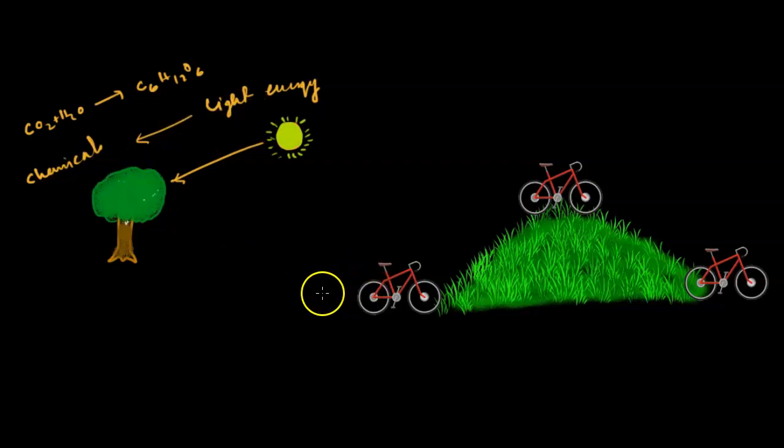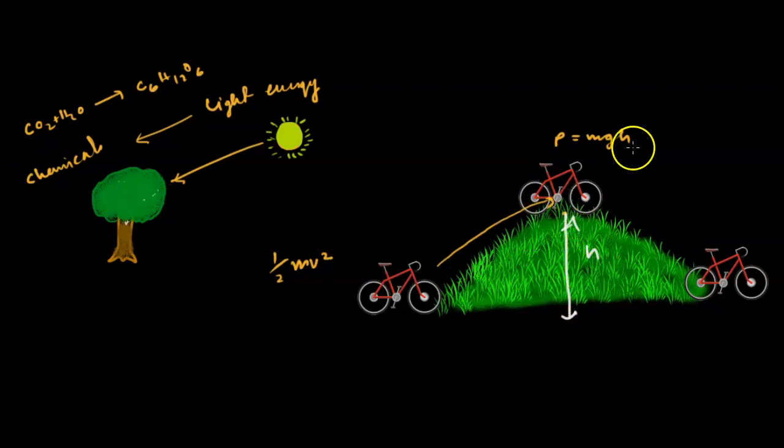The same happens with this cycle. Suppose this cycle is moving with a very high velocity so that it can reach the maximum height on the mountain. It has kinetic energy, and it will move and slowly reach the peak. After that, it will contain potential energy, which is mgh, where h is the height of the cycle from the ground. Now you don't need to paddle, because it will slowly move down, as the potential energy again changes into kinetic energy.